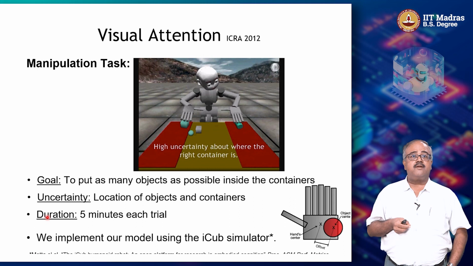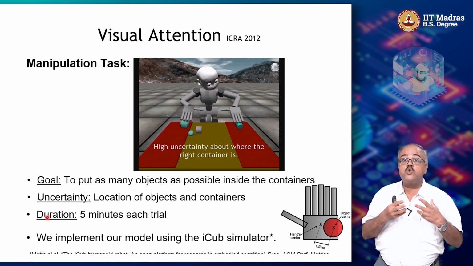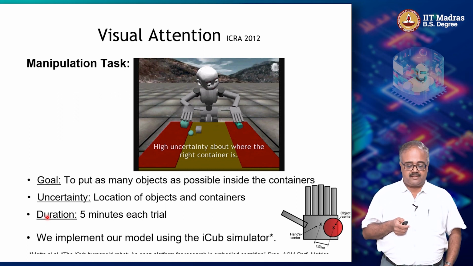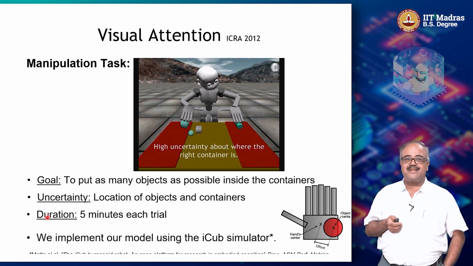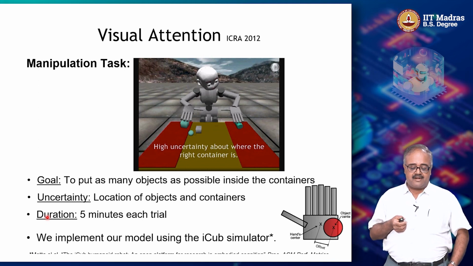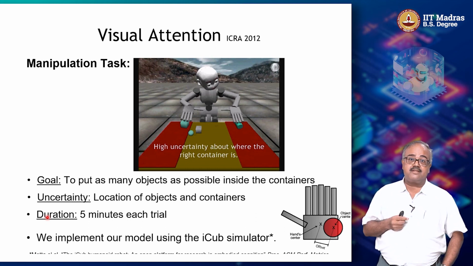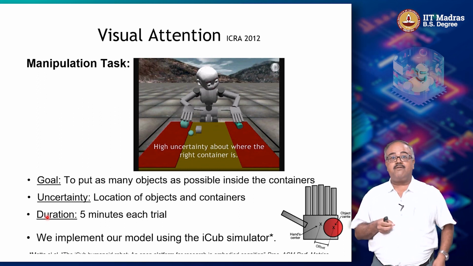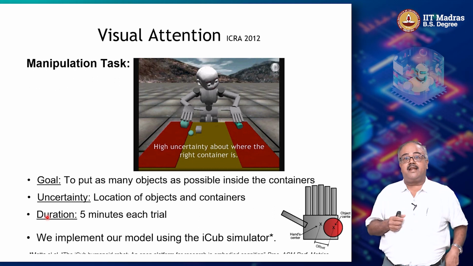And so what we did was we actually used reinforcement learning to train the robot to know where to look. The work was called "Where Do I Look Now?" That's the name we gave for this work. And the robot learned to manipulate these objects. My colleagues who worked with me on this actually ran an experiment with humans later, and they found that the humans tend to look at similar locations as the robot was looking.